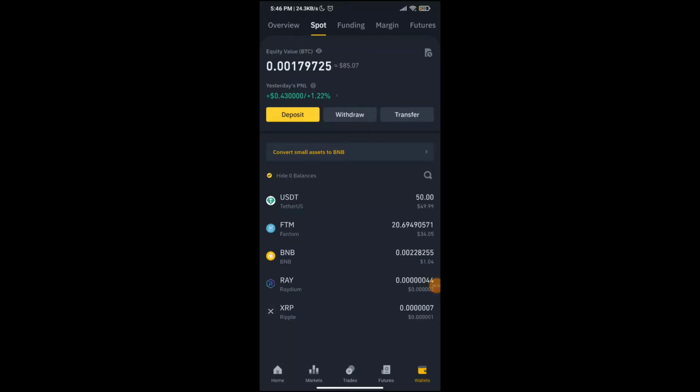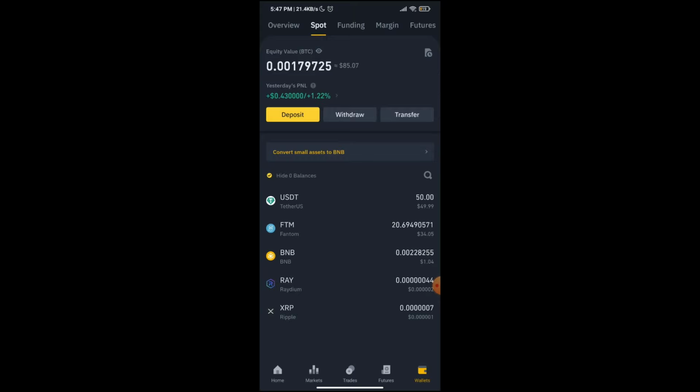Okay, so for the bridging part of this video, I'm going to continue on my phone because the app UI is, in my opinion, a lot simpler to follow. You can use any centralized exchange you want. I've decided to go with Binance because of personal preference, and also because the few people that I saw asking about how to bridge via a centralized exchange were asking about how to do it on Binance. But in short, it doesn't matter what you choose, just please, before you buy anything on the exchange or move any of your funds from some other network into the exchange, make sure that Phantom is a supported network